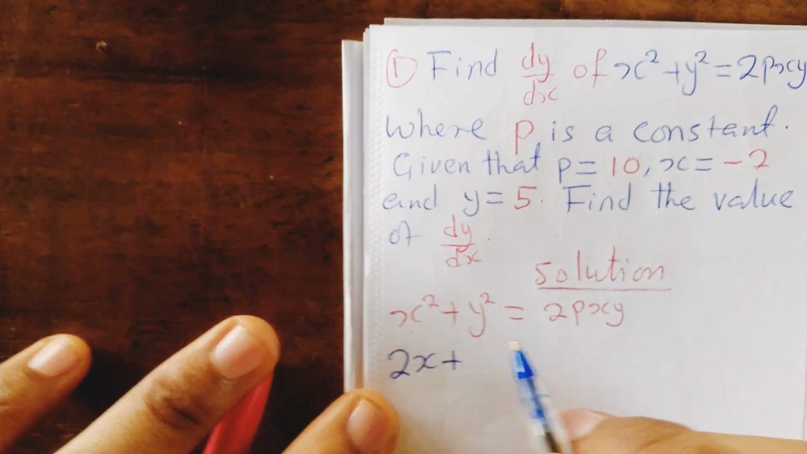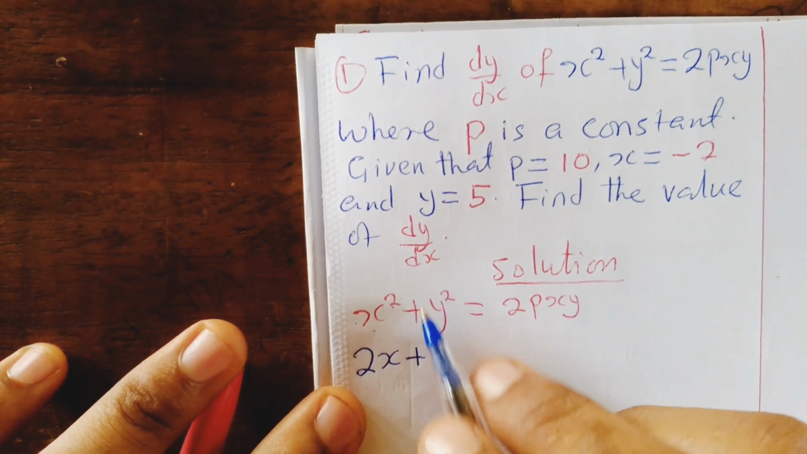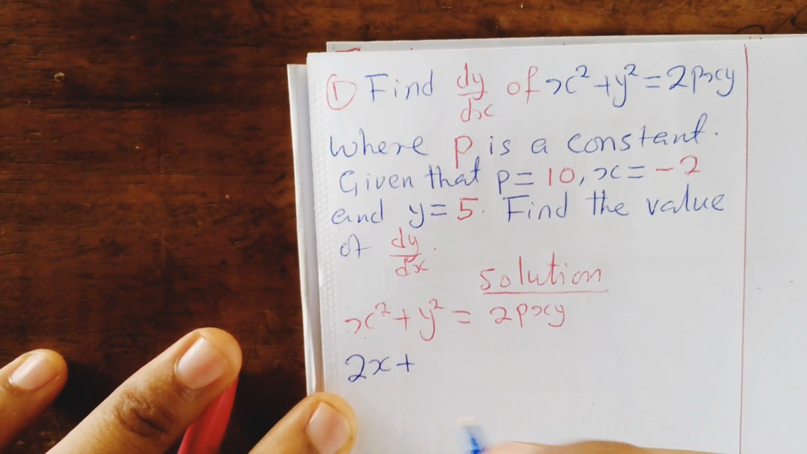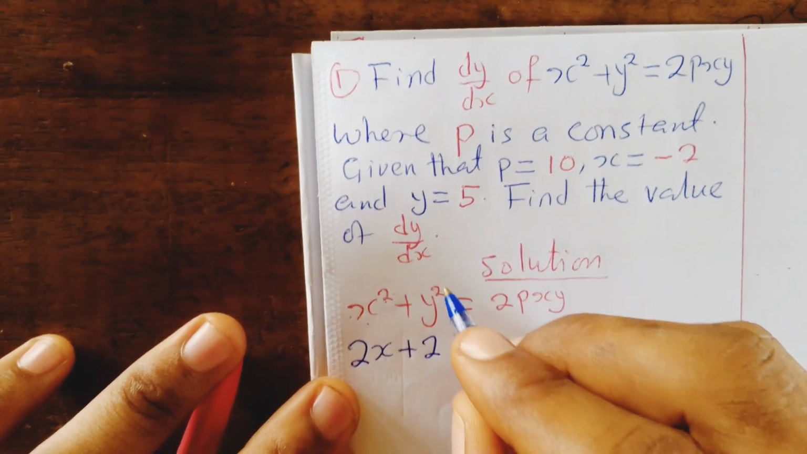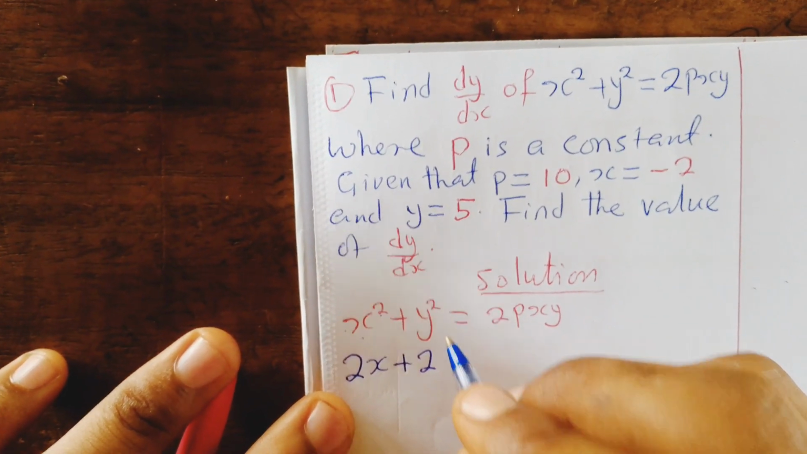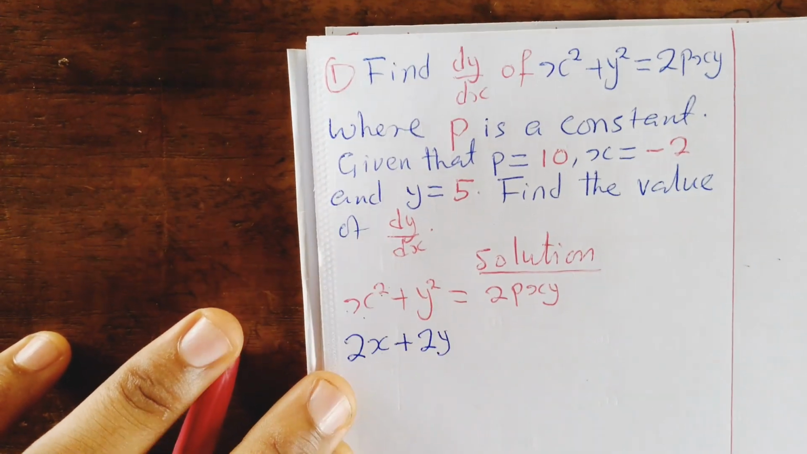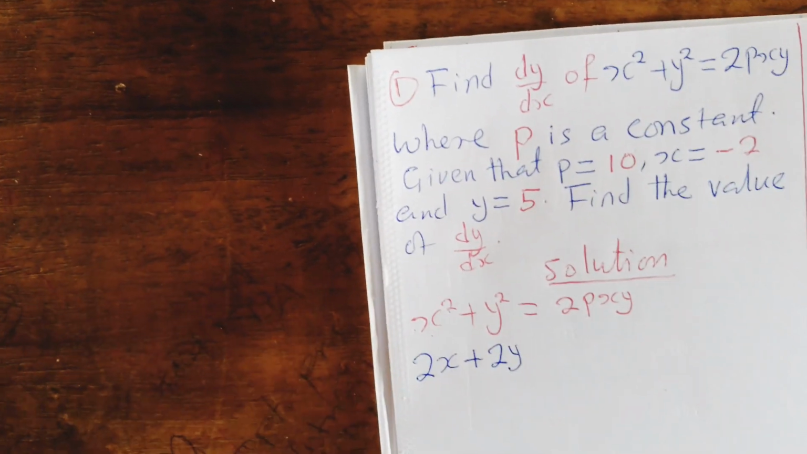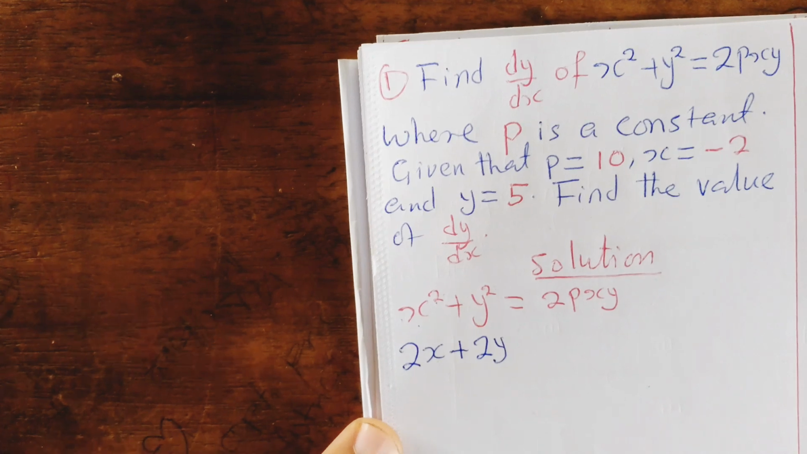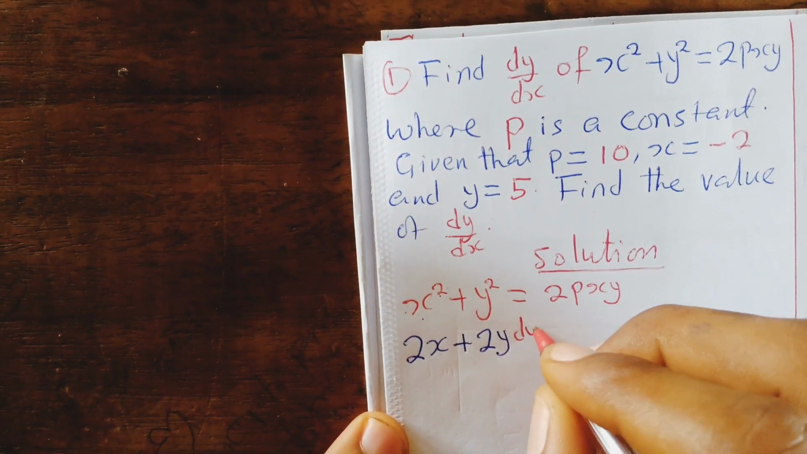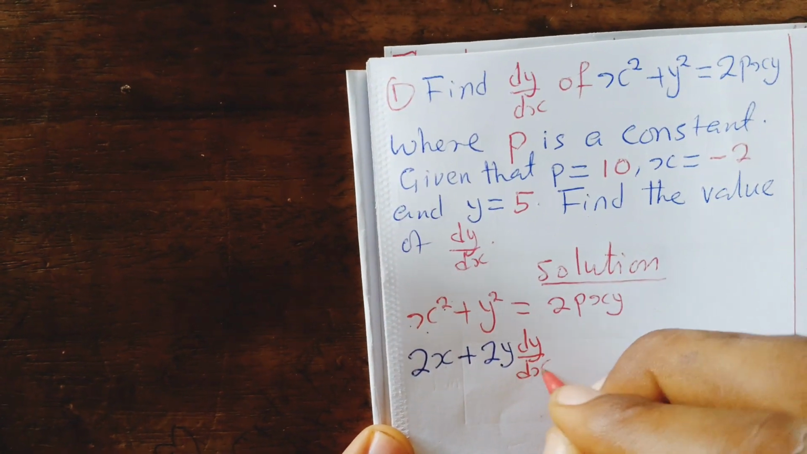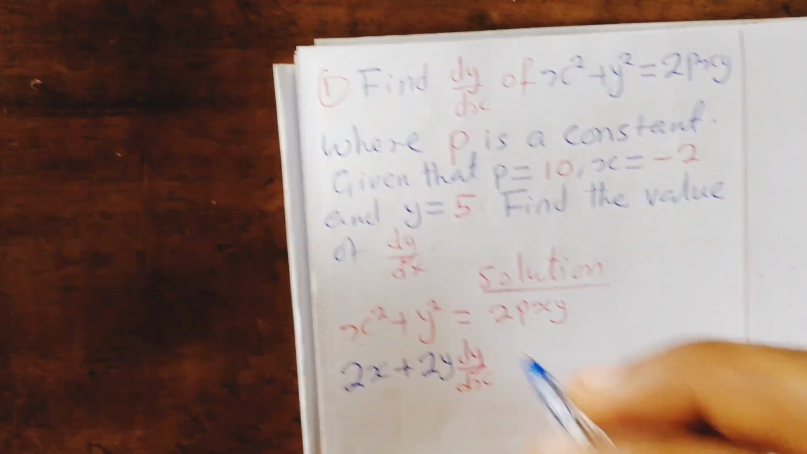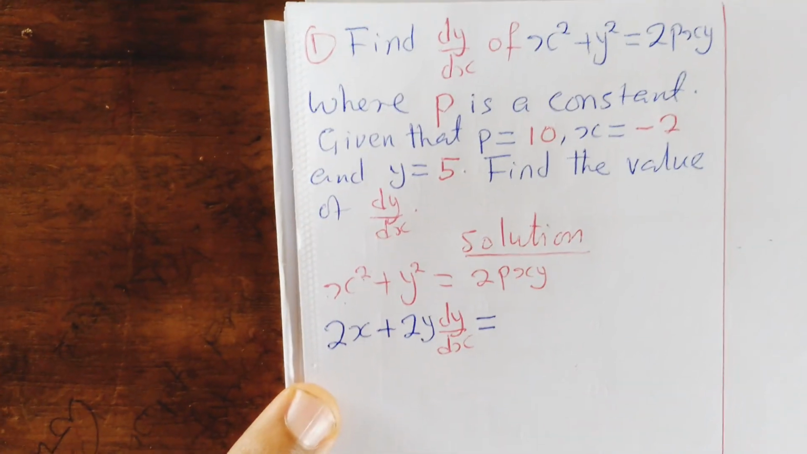Plus, now I have to differentiate y squared. So 2 times 1 will give me 2. I'll subtract 1 from the power. It will give me 1. It becomes 2y. But don't forget, anytime you differentiate y, we add dy over dx. So here I'll add dy over dx. And this is equal to